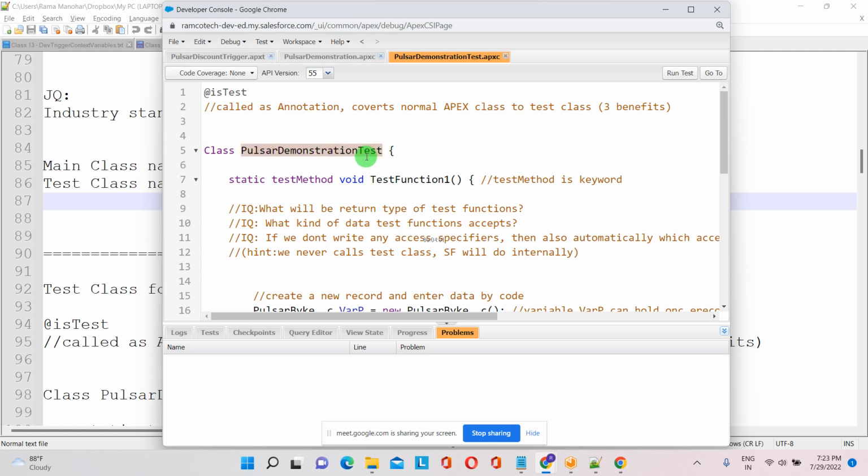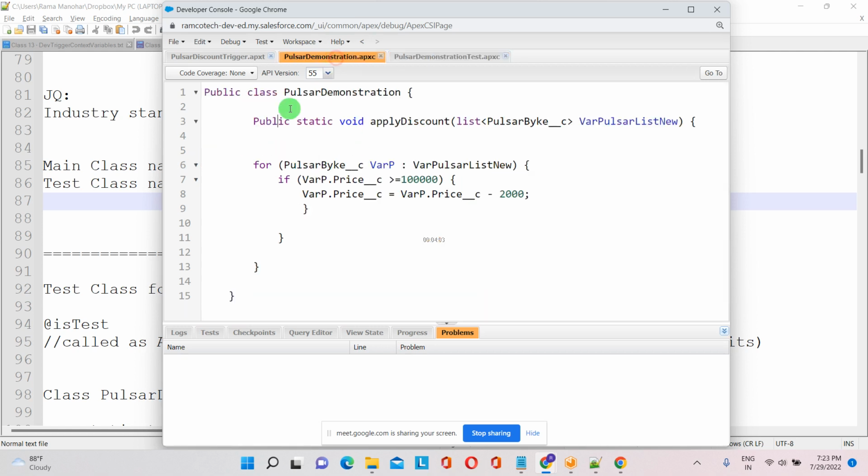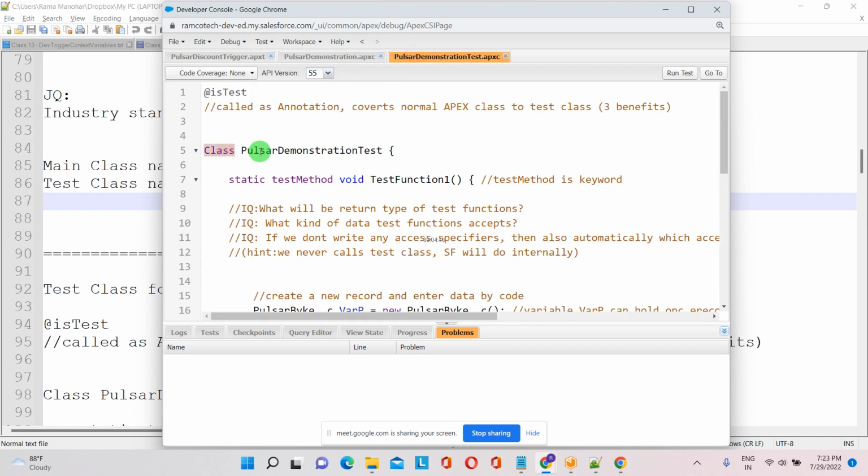Class name. Same as how we gave the class name here, we give the test class name. We are done with this line, and we understood this line. If it starts with isTest, then we can decide it's a test class. Now coming to the seventh line,